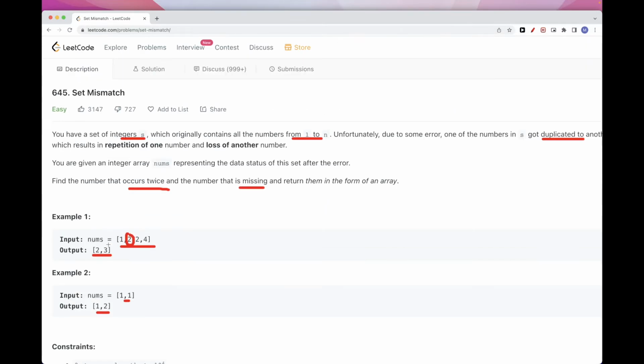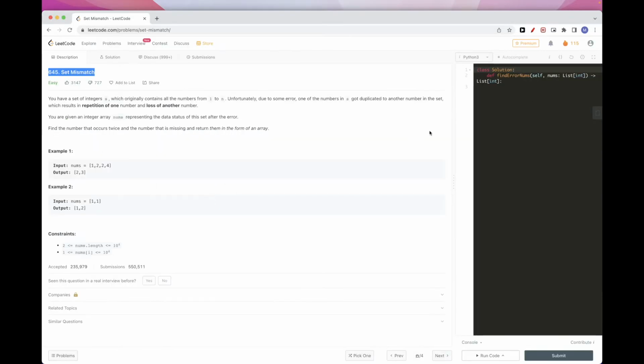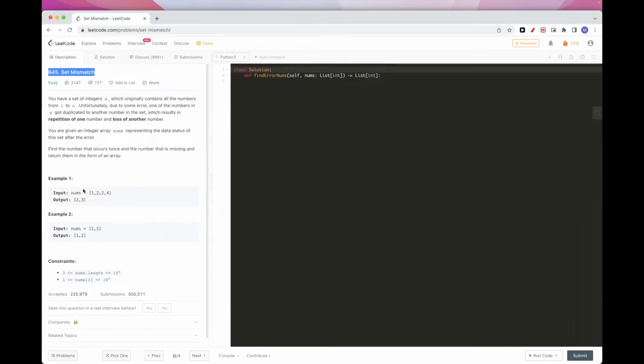So that's the idea. Now how do we solve this? First let's divide it into two parts. The first part is finding the duplicate number. We can divide this into two things: one is finding the duplicate number and the other one is finding the missing number. So let's see how we can do that. Finding the duplicate number should be just